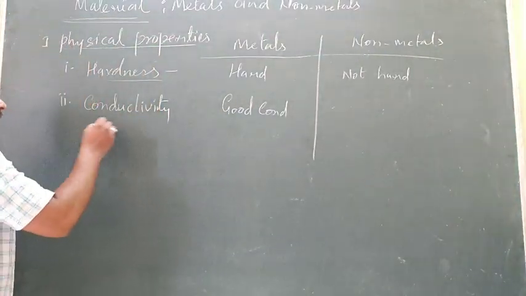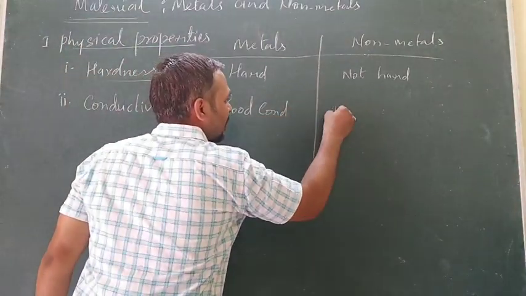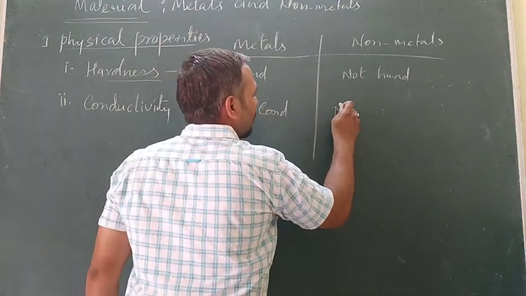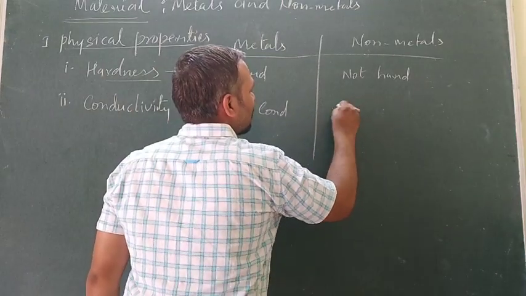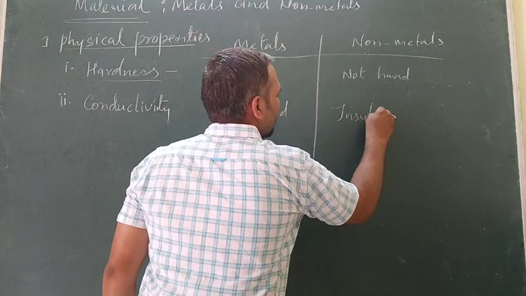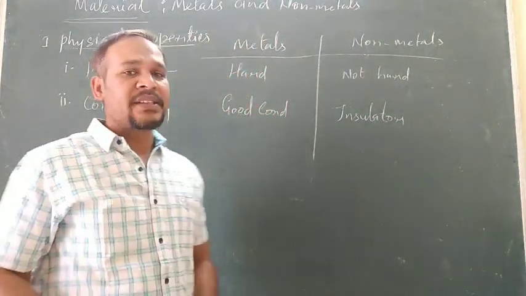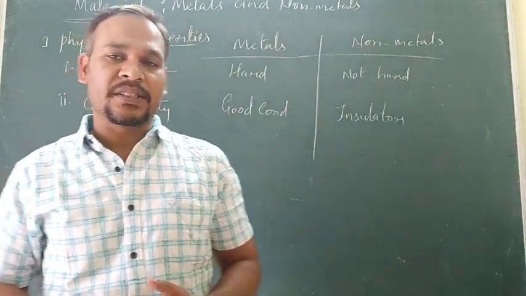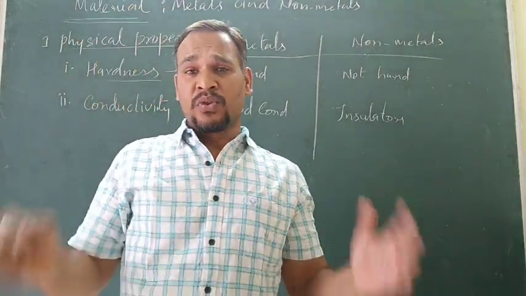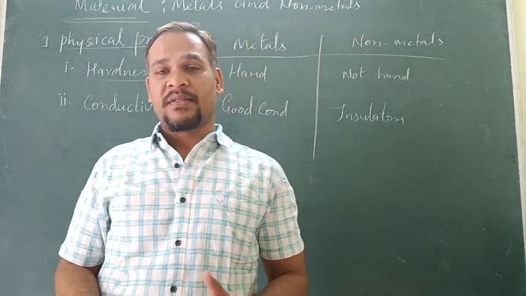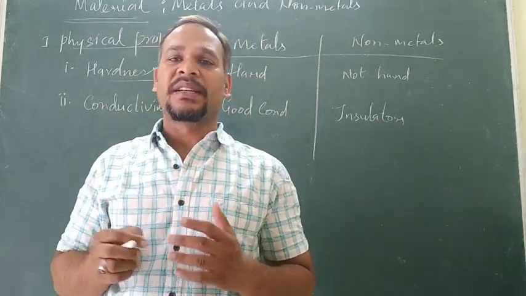Similarly, non-metals are poor conductors or insulators, you can say, right? All the metals are good conductors of electricity and most of the non-metals are insulators or bad conductors of